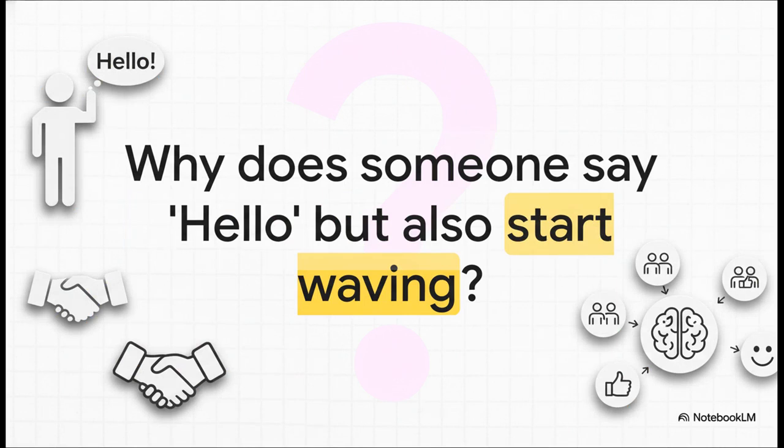And then, there's this other side of the coin. Think about this. Someone is taught just one way to greet people, let's say by saying hello, but over time, they start using different actions, like waving or a fist bump, to accomplish the very same goal, even though nobody ever explicitly taught them to do that. These two scenarios might seem different, but they're deeply connected, and today we're going to unpack exactly how.